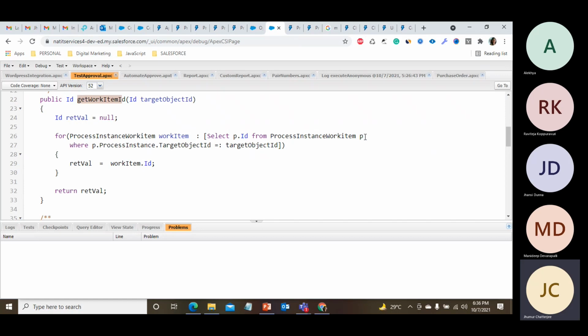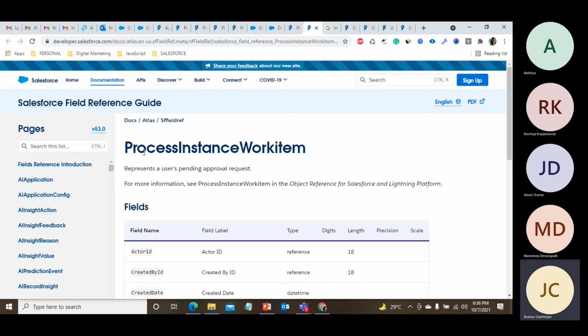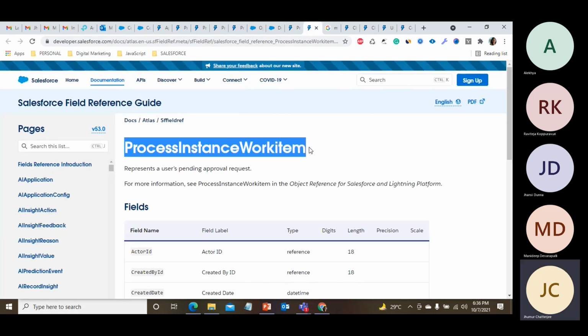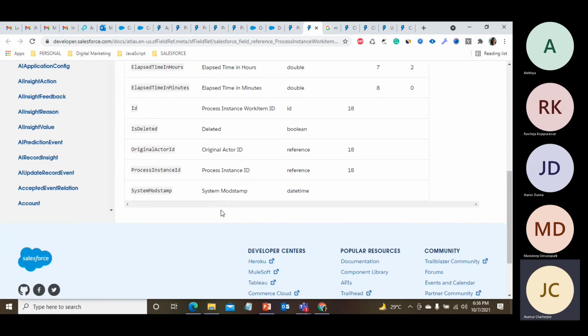So here we are fetching p.id. Here we have used p as an alias, p.id, and where we are writing p.process instance dot target object id. So what is this? Process instance. In this object, process instance work item, if we check the field, process instance ID, what type is it?